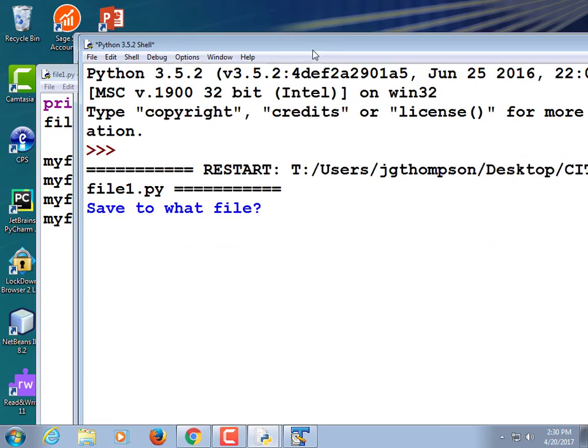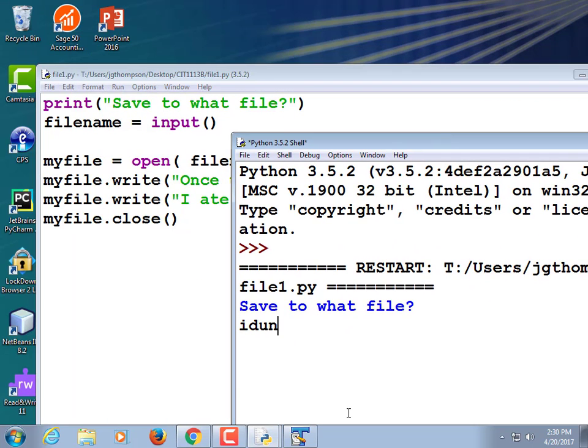So let's run it. Save to what file? I don't know.txt. Now if I go out into my scripts directory,